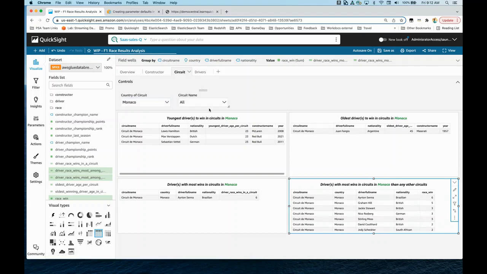One is the country of the circuit and the other is the name of the circuit. These are the controls where users can select a value, like the country name. From that country, all the circuits within that country, they can select those values. Depending on the selection, the charts or tables here within the dashboard will display the appropriate value. For example, I have the country of circuit Monaco selected, and all the circuits within Monaco are